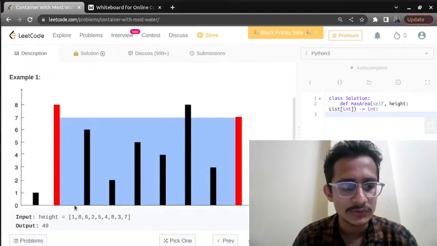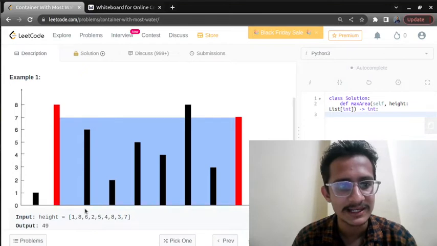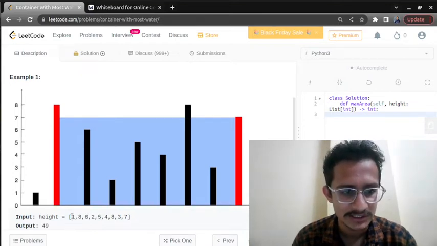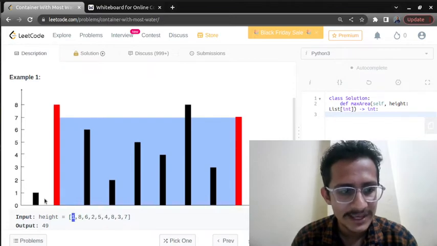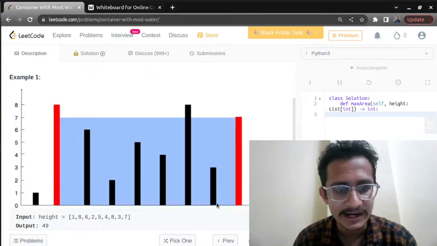Okay, so let us jump to the example and see what the actual situation is. This height array will be given to us. 1 means the pillar is of height 1. 8 means the pillar is of height 8. 6 means the pillar is of height 6, and so on. The last pillar is of height 7.